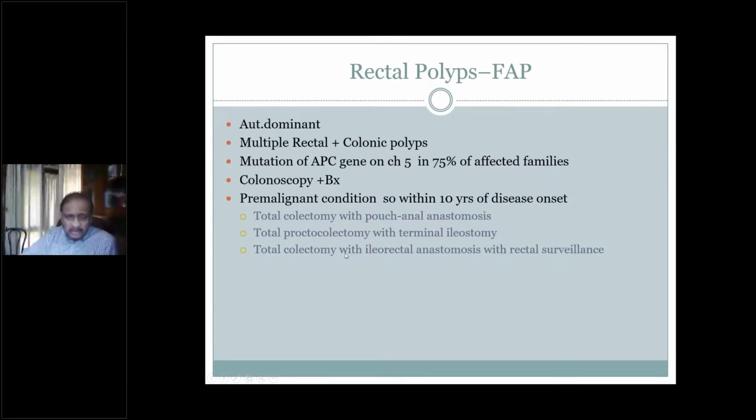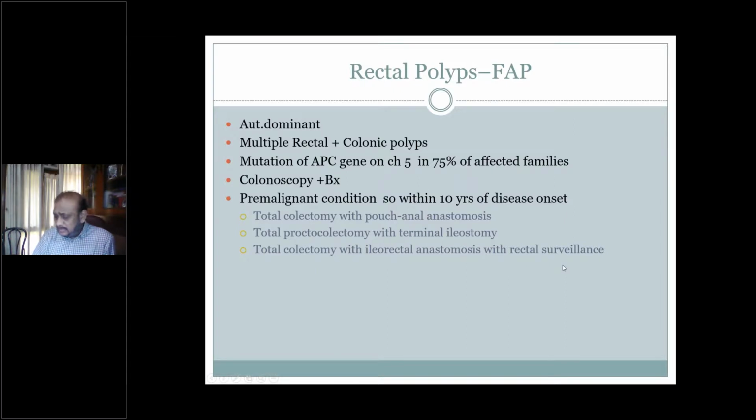If the rectum is involved, then the only option remaining is a total proctocolectomy with a pouch anal anastomosis or proctocolectomy with terminal ileostomy, either of the two. But if you find the rectum not to be involved at that point of time, you can go ahead and do a rectal anastomosis. That will give you a pouch. That rectal pouch is important. So this patient will not be having lifelong diarrhea,